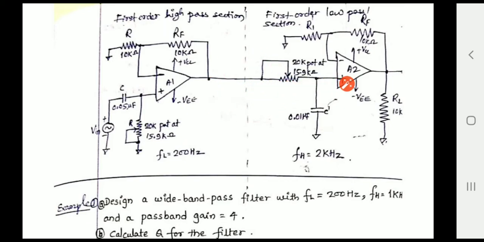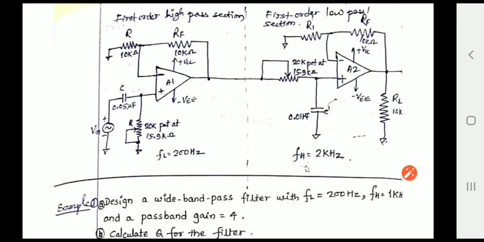The same thing is given as the input for this low pass filter. Again, the low pass filter only allows low frequency components and blocks high frequency. Here the capacitor value is selected in such a way that it allows up to 2 kilohertz. As soon as the frequency of the input reaches 2 kilohertz, it acts as a short circuit and makes this node 0. So the output voltage reduces to 0.